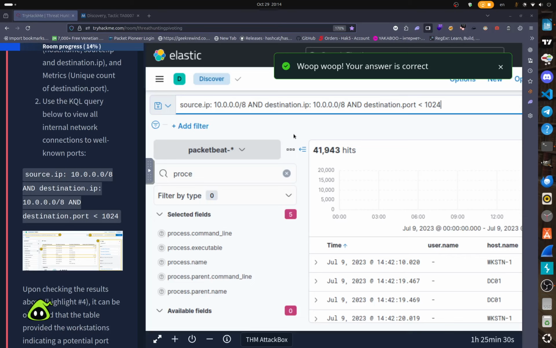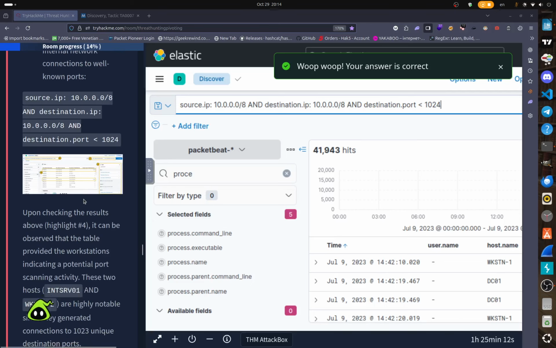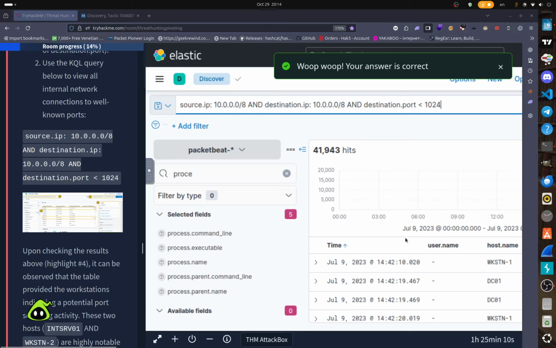And the destination port is less than 1024 because we're looking to find out the internal scanning attempts on the most commonly used ports. So we have around 41,000 hits. So what is the outcome we're looking to extract here? The outcome we're looking for is to find out the IP address that is